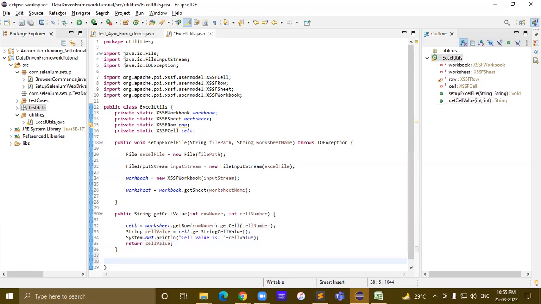Okay. These are the things needed to read the value from Excel file. These two functions are needed, right? The other function required to write something in any Excel file will be, if you remember, we like,